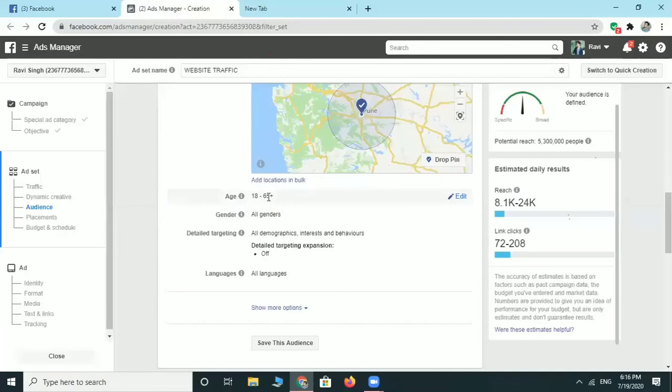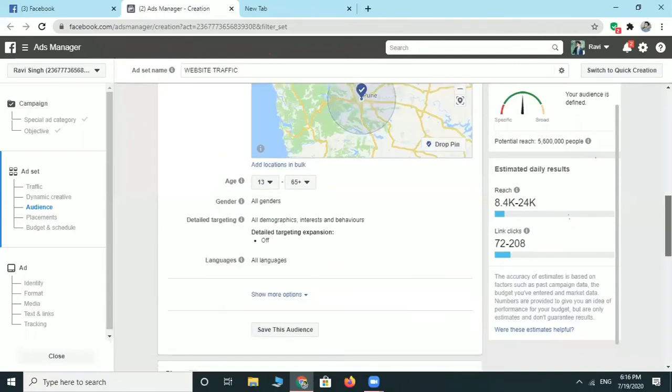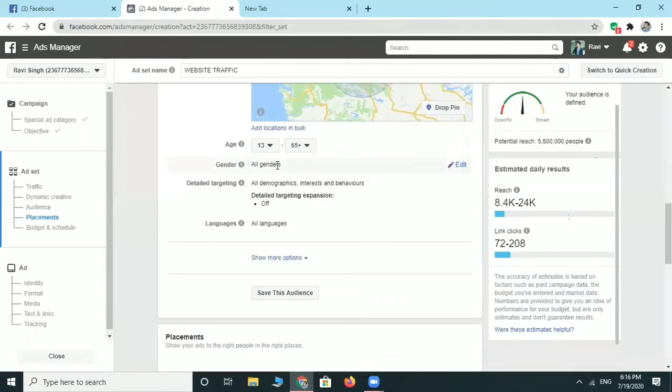So after that you have to choose an age. Of what age you have to cover your product. Like see, Lenovate is a company which deals with books, right? And books are covered by all ages. Like we will select the minimum age 13 and let the maximum be 65 plus, because everyone loves to read. Okay, and you can also select the gender here. Like our business deals with books, so I will select all genders.